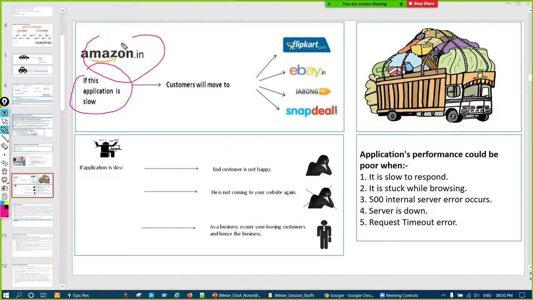Let us take the example of Amazon. When we are buying a product or navigating through the different steps of buying it, whatever user action we are doing is taking more time. So we have more options in the market. We can move to Flipkart, eBay, Jabong, Snapdeal, if this product is not behaving well or is very slow.